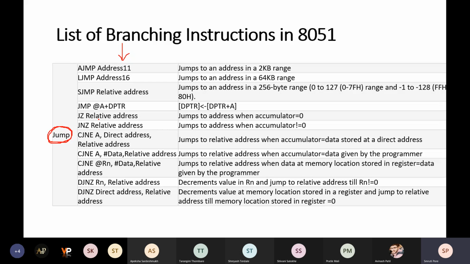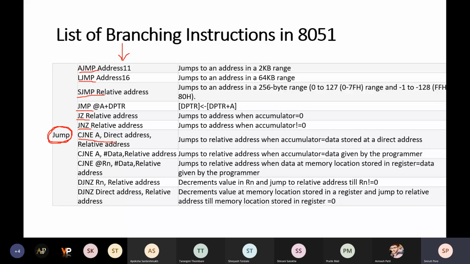First is AJMP, second is LJMP, third is SJMP, fourth is only JMP, fifth is JZ, jump if 0, then JNZ, jump if not 0. Then we have CJNE, compare and jump if not equal.